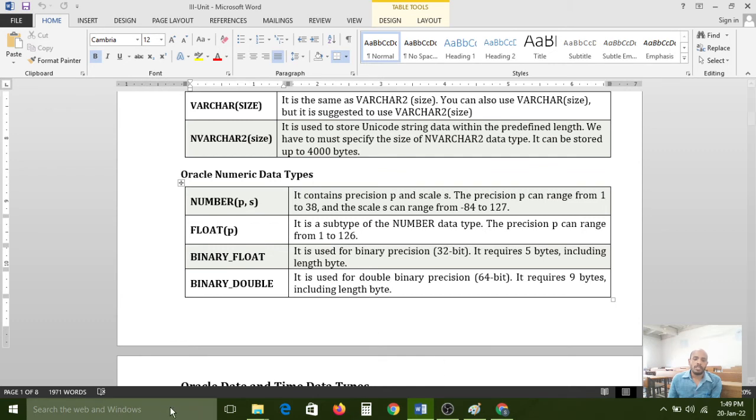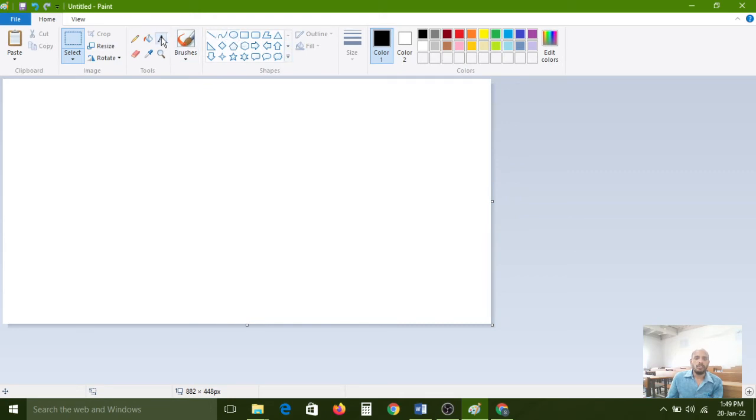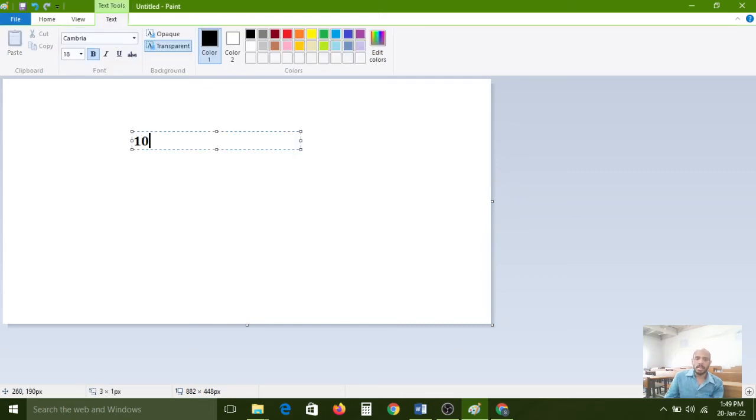What purpose can we use it for? It is a floating point value. Carefully observe. Number means 100. If you define, for example, number 5 comma 2 while creating the table, carefully observe, salary is the attribute and number is the data type.